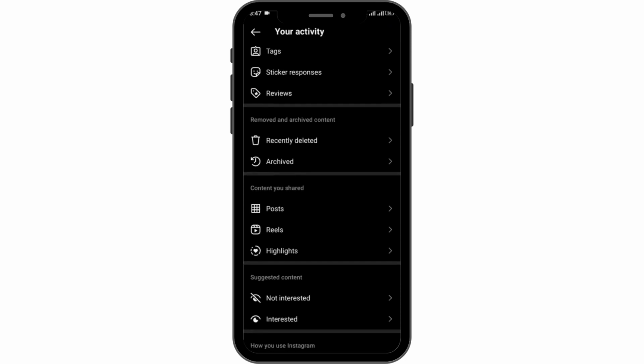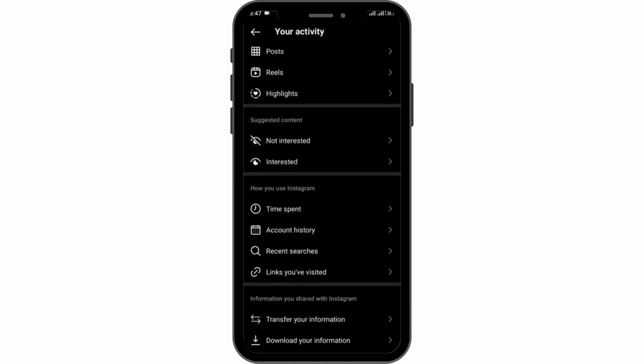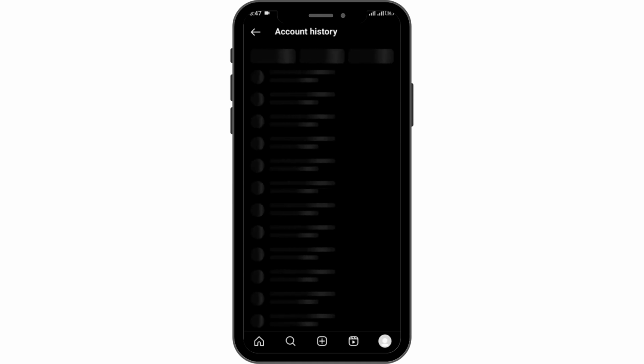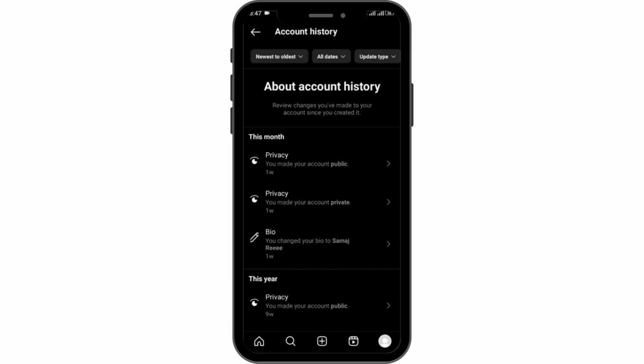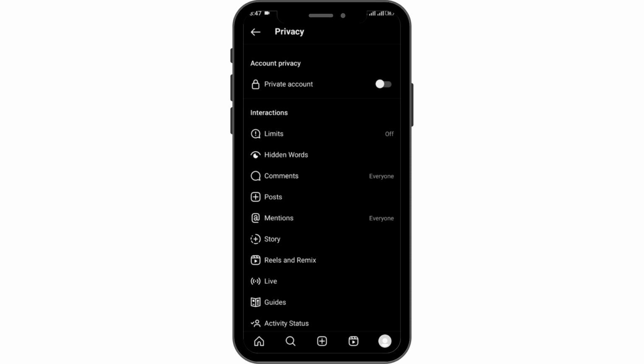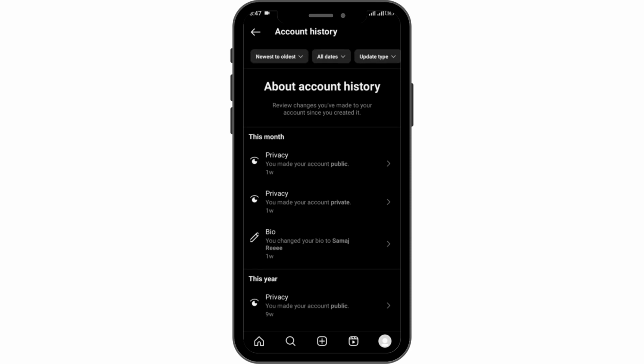And if you scroll down to the bottom, here is account history option. Just go for account history and all of your history of your account, that includes your privacy settings, how many times you have changed your account from private to public or public to private, and how many times you have changed your bio, username, and all the things will be available in this section. So if you tap over the individual history, then you will be taken to this settings, but unfortunately you